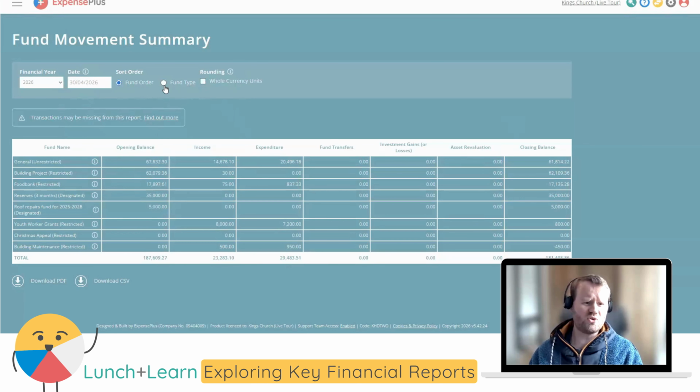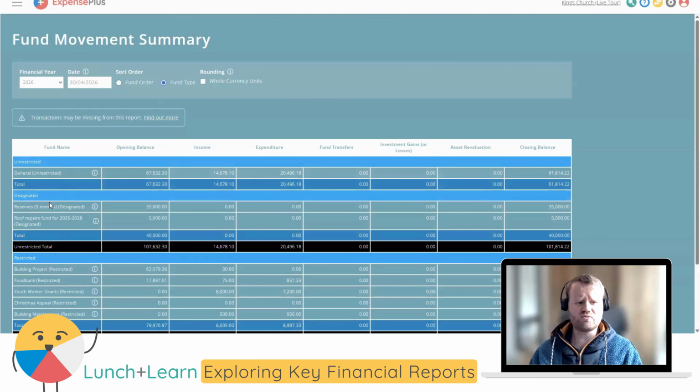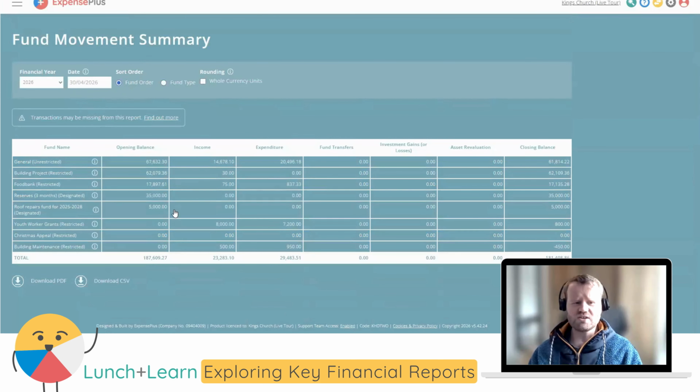You can also change the order if you want. So if you want to order it by fund type, so you can see your unrestricted, designated, and restricted. We'll go into more about those in a minute, but you can do that as well. So funds, really, they are like different pots of money in your organization, and they're ways of splitting income and expenditure for different purposes. So, if you, for example,